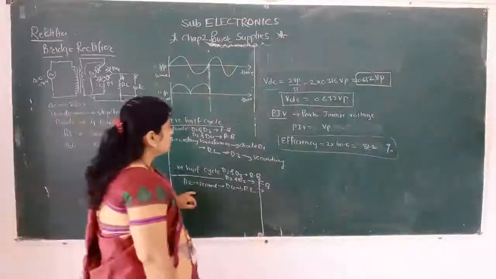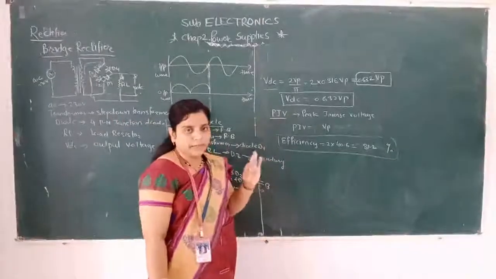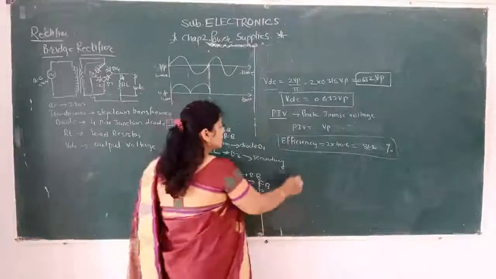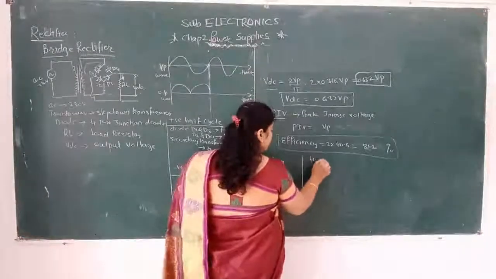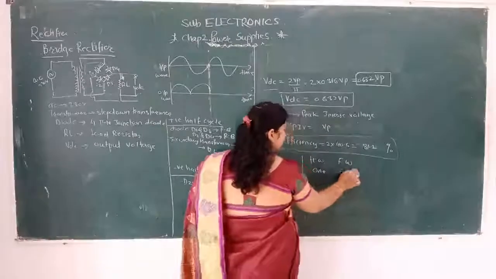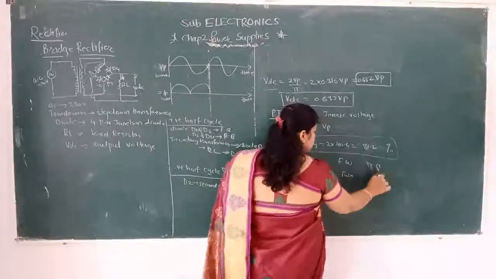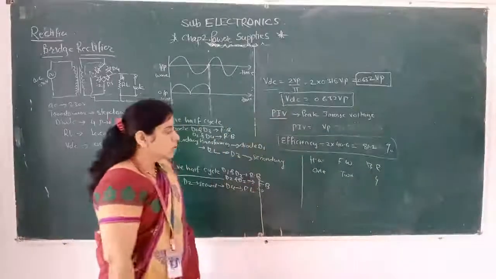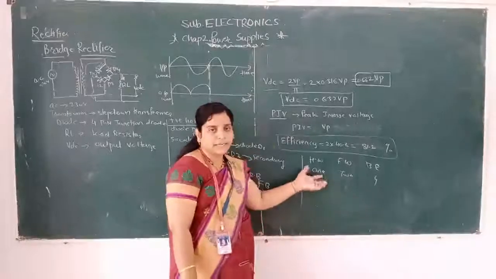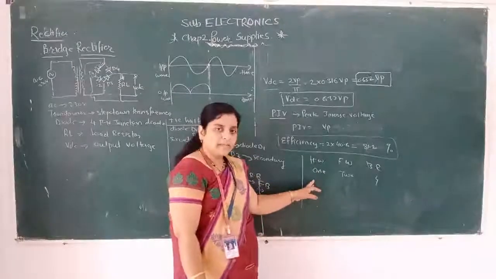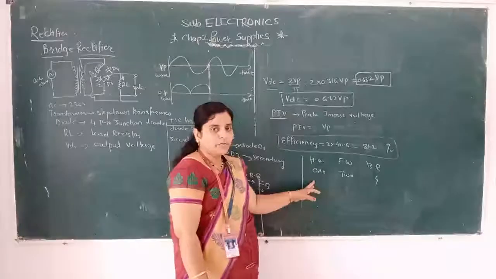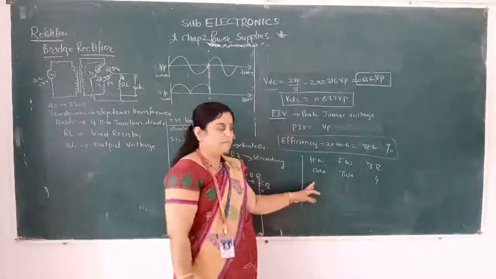So half wave rectifier, full wave rectifier, and bridge rectifier are the 3 types of rectifier. In the half wave rectifier only one diode is used, in the full wave rectifier 2 diodes are used, and in the bridge rectifier 4 diodes are used. So in the half wave rectifier only one diode will conduct, the second diode is absent. In forward bias only half the cycle will be rectified, therefore the waveform will be shown as only a half wave.